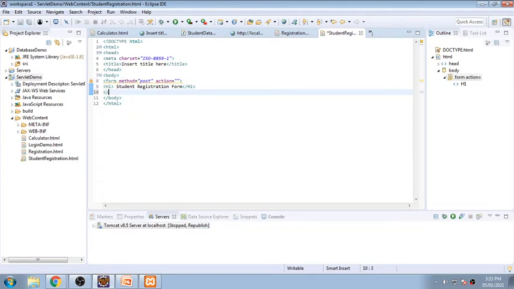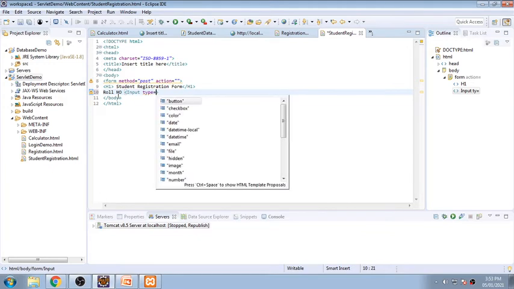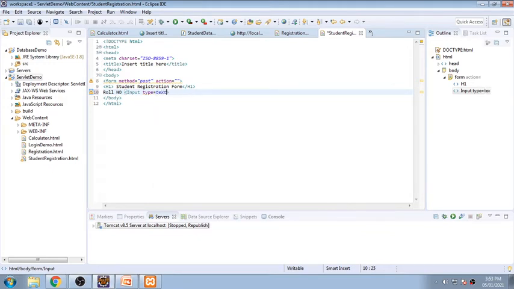So into this we could be creating roll number, and that will have input type is equal to text, name I want to give as roll, and that's it. So I need to close this part, so this has been closed.